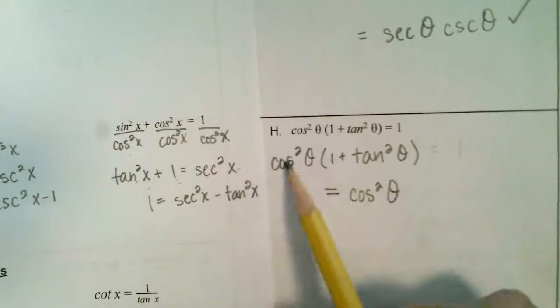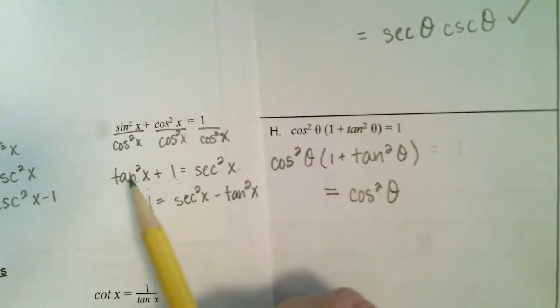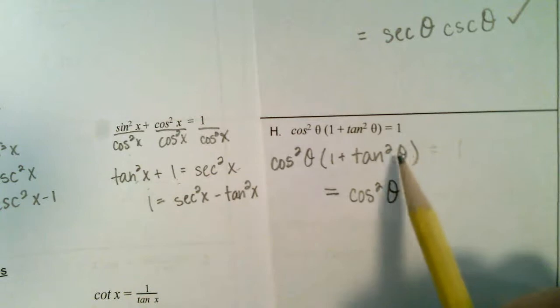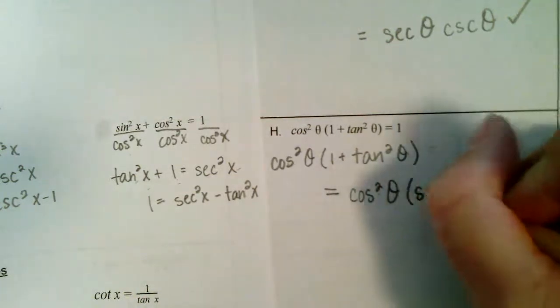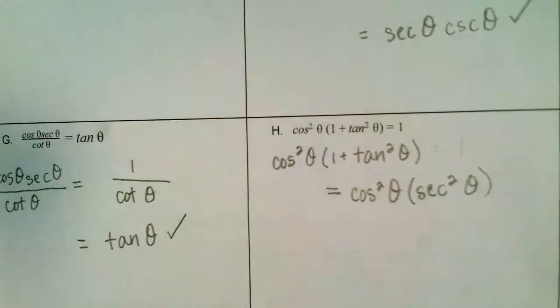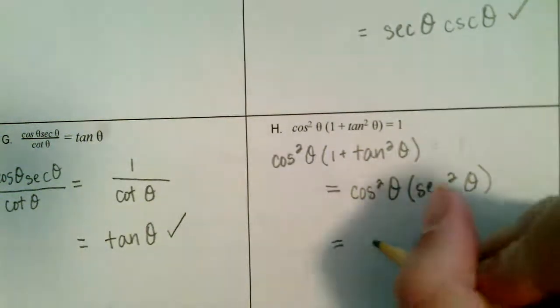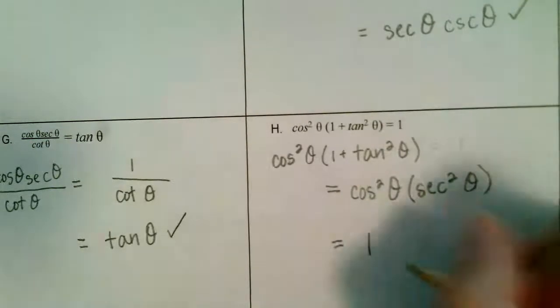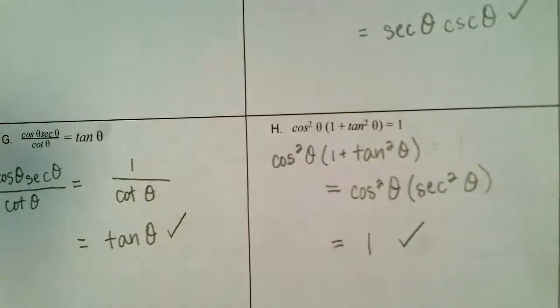That's coming from right here. And then we're going to replace our tan squared of theta plus 1 by secant squared of theta. Okay, and then cosine and secant are reciprocals, since they're both squared, we can see that this is equal to 1,